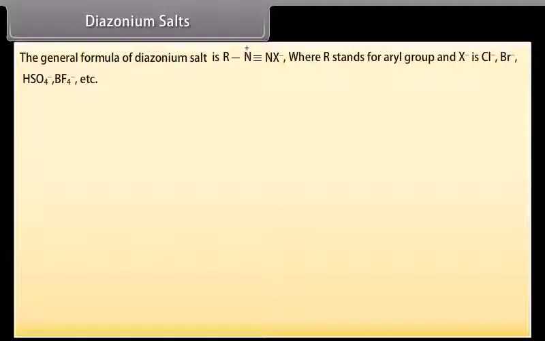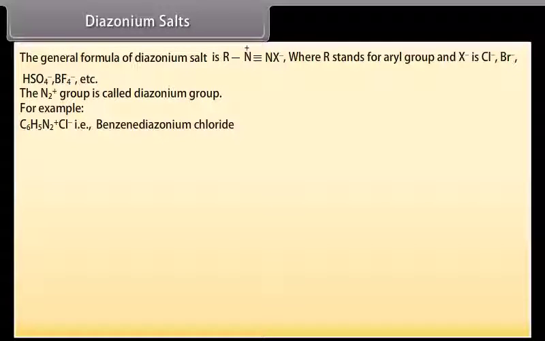Diazonium salts. The general formula of diazonium salt is RN2+ X-, where R stands for aryl group and X- is chloride ion, bromide ion, hydrogen sulfate ion, tetrafluoroborate ion. The N2+ group is called diazonium group. For example,